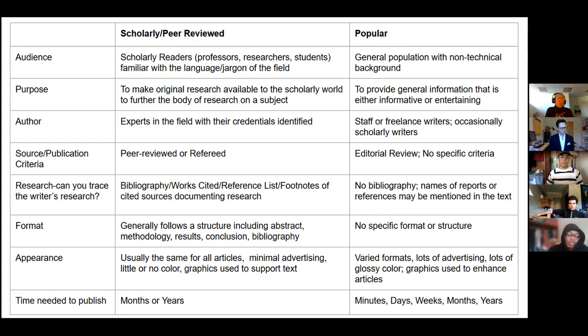The time needed to publish, again, this is what I kind of pointed out before. For scholarly journals, it's months or years before things are published. Whereas popular journals and magazines, and this is because a lot of these are online, sometimes it takes minutes or days to actually publish these things,